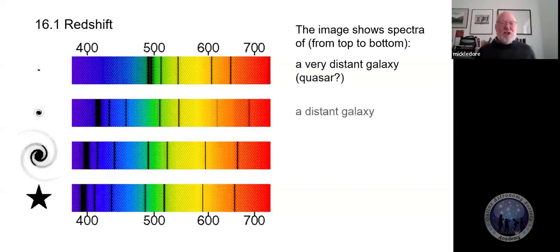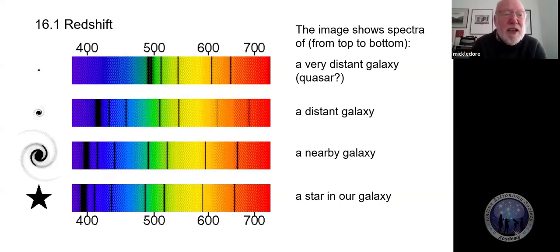Right, the concept of redshift. I looked at this carefully today and thought, do we need to change this a little bit? Because I noticed earlier that the scale isn't linear. We've got a big gap between 400, presumably this is wavelength in nanometers, and 500, and then less of a gap between 500 and 600 and 700. Can you see there's definitely a notable gap there? However, let's just ignore that.